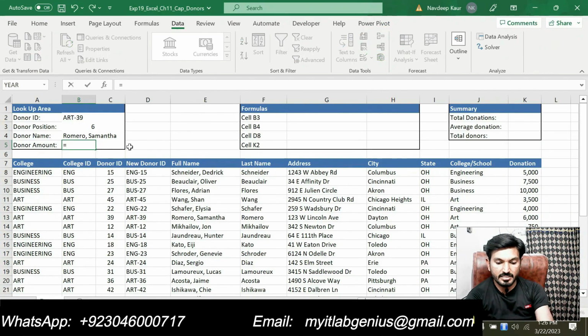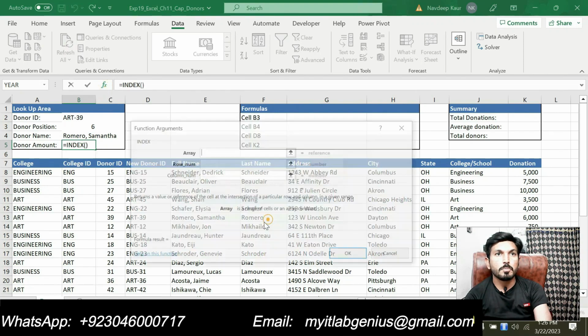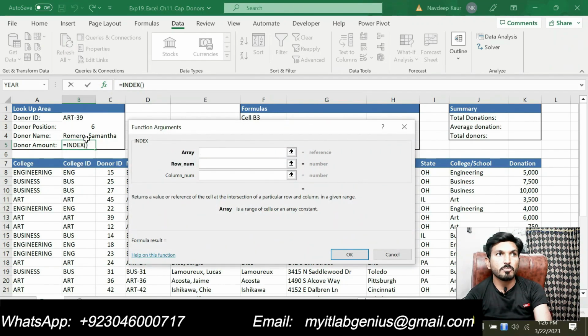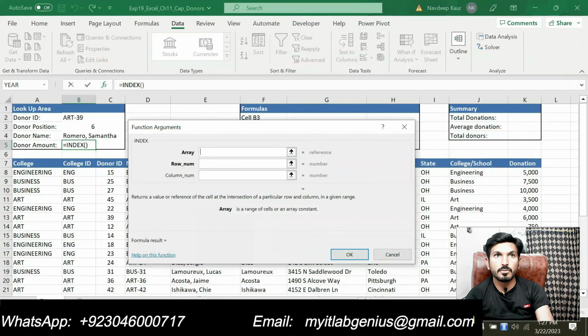So we will type index again. After typing the index again, click on the insert function symbol. Basically this index function will be similar to this one, only the column number will be changed. So our array will be again the same as we used in step number 8. This will be D8 up to K35.